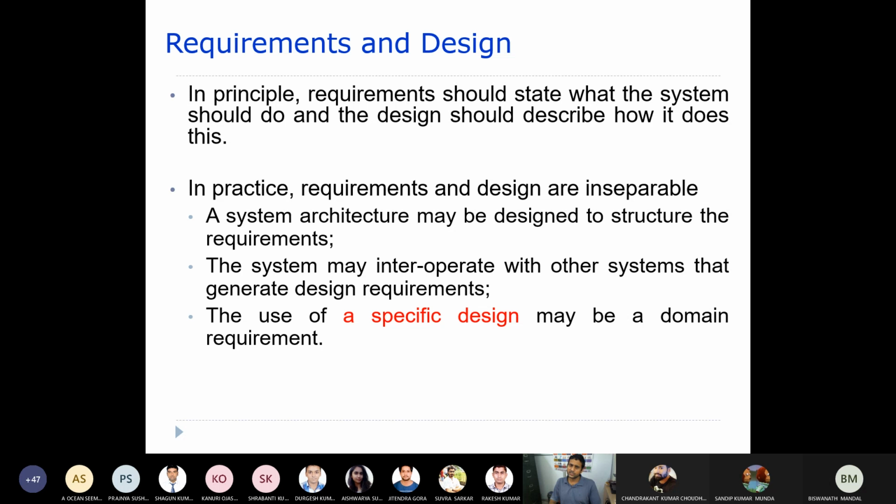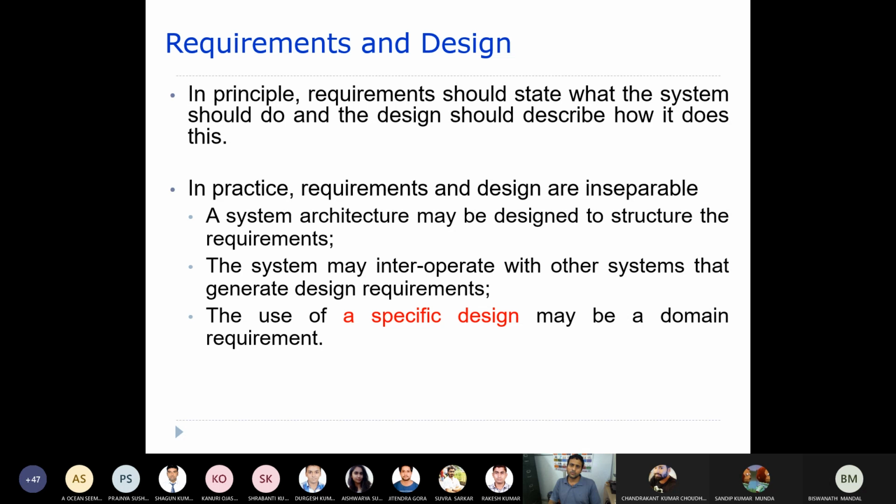What are the different services the system should provide to the user? That is what exactly requirements are. But when we are talking about design, it should describe how it does it. How these particular requirements can be solved, how it can be developed, how whatever tasks or services the system is going to provide to the user work. Those sorts of things will be part of design. Design means always the how part.